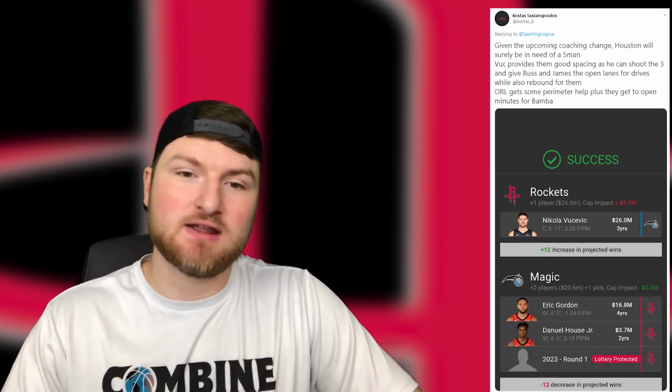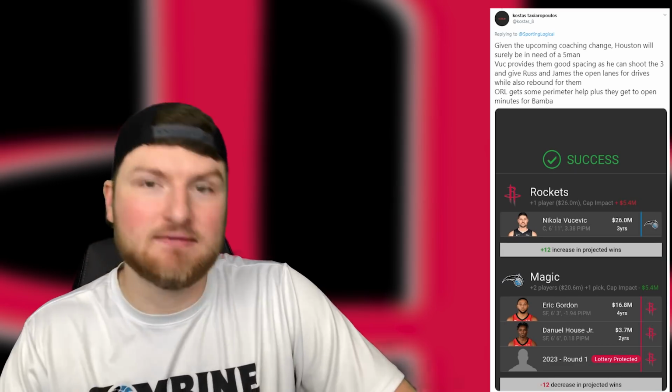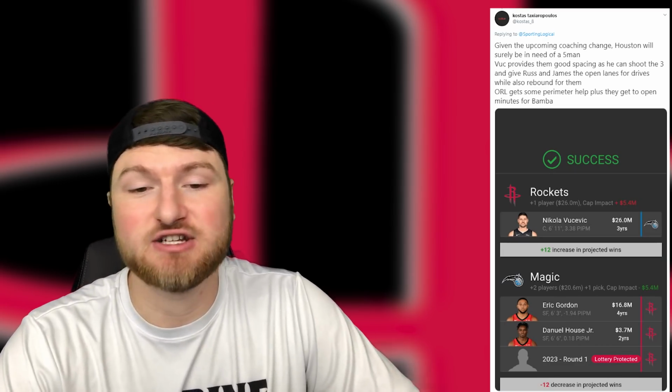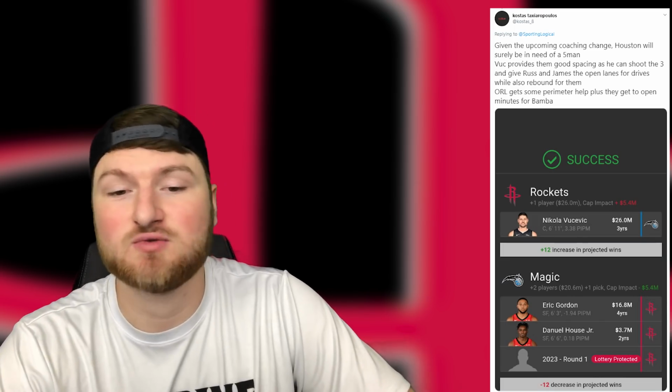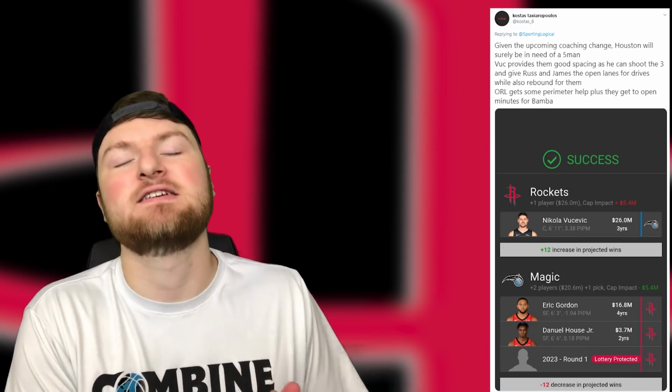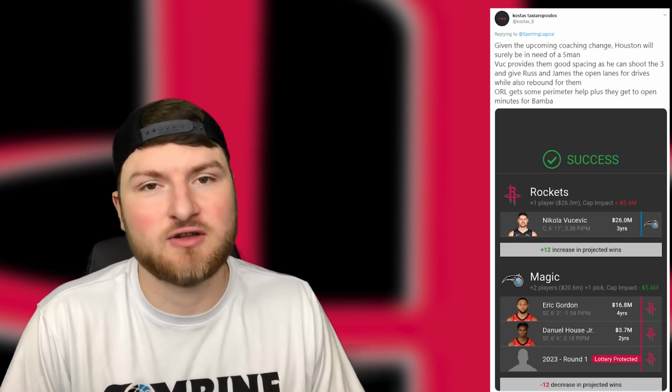And Costa says, given the upcoming coaching change, Houston will probably be in need of a 5. Similar situation to the last trade. And he says the Rockets would be receiving Nikola Vucevic in exchange for Eric Gordon, Daniel House, and a 2023 lottery-protected first-round pick. So the mindset here is that the Magic are looking at their roster and they're thinking, okay,